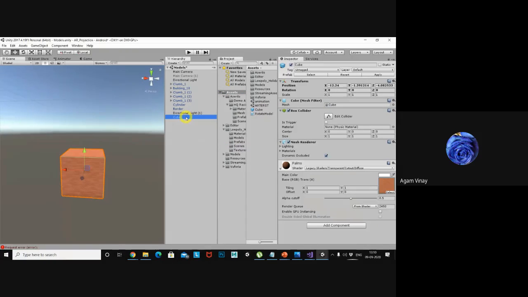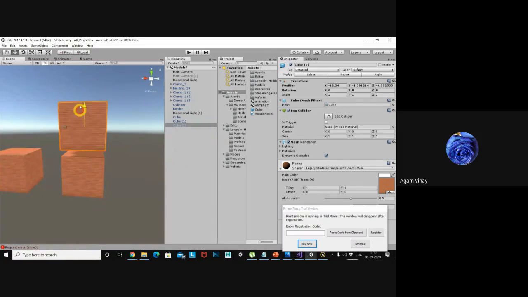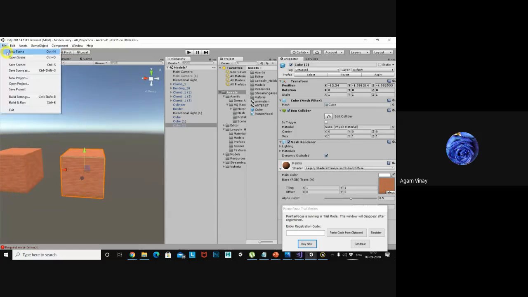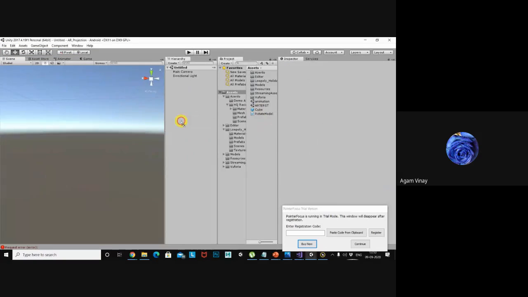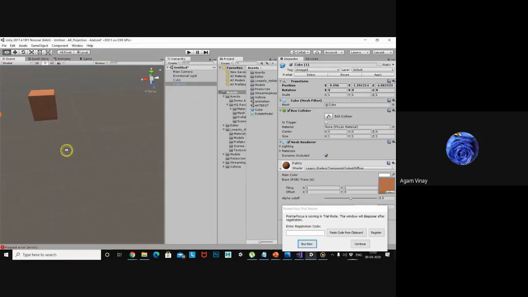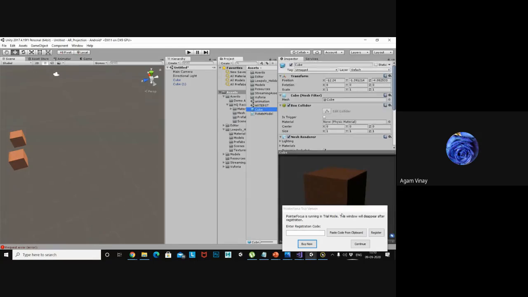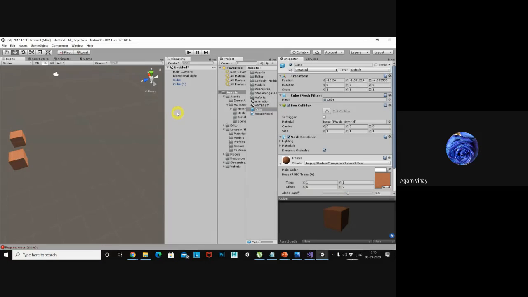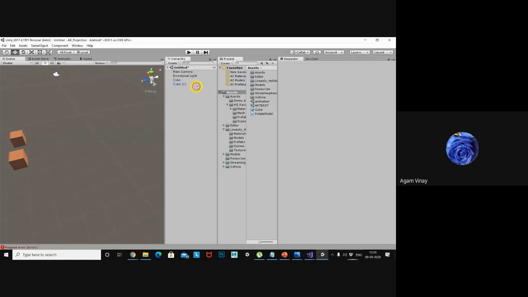Even if you delete it from here, you can use it here. So n number of times you can use the prefab. The same prefab I can use in other scenes also. Like I will create one new scene and use it here also. So a prefab is nothing but a stored object, you can say like that. In scripting language, I can say that at instantiation time, the prefab is more useful.